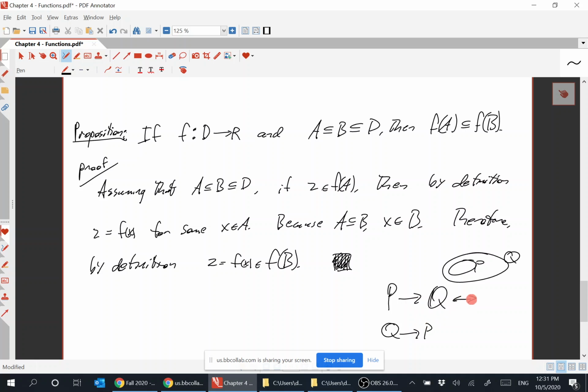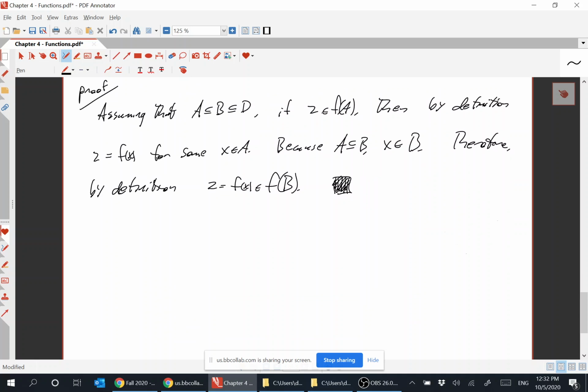Or another way to look at it, P implies Q is not P or Q, and Q implies P is not Q or P, which is not the same as this. They're two different things. They're not equivalent to each other. The contrapositive is equivalent, but this isn't the contrapositive. So when we prove an if-then statement, an implication, then we often look at the converse and we ask, is the converse true? Or is it not? If not, why? So when we say we're going to look at the converse, we say, conversely,